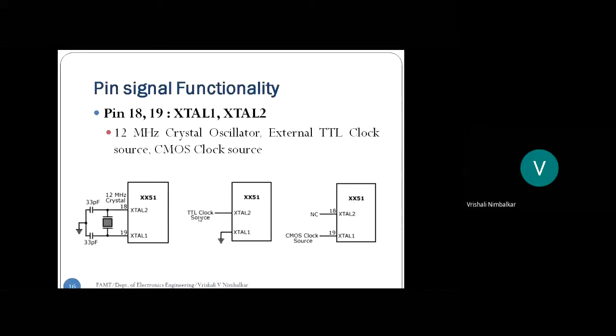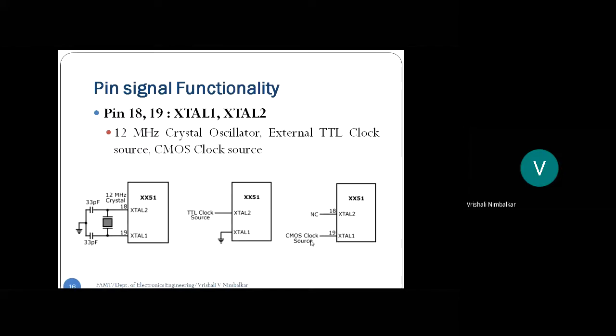Second option is some circuitry that will generate a square wave, and that circuitry is TTL, transistor-transistor logic. See, you all have done your digital practicals, students. In digital practicals, you all have used those ICs 7400, 7408. Those are TTL circuits, right? Just to understand, whatever digital practicals you did, those were done using TTL circuits. So this clock source means there is some square wave coming from a TTL circuit, made up of transistor logic.